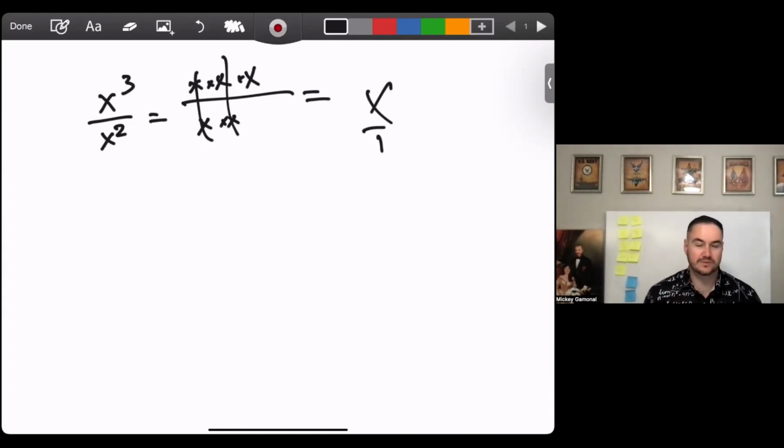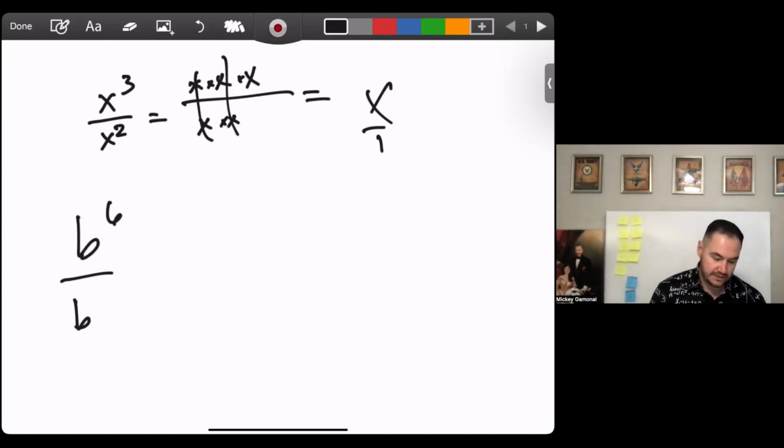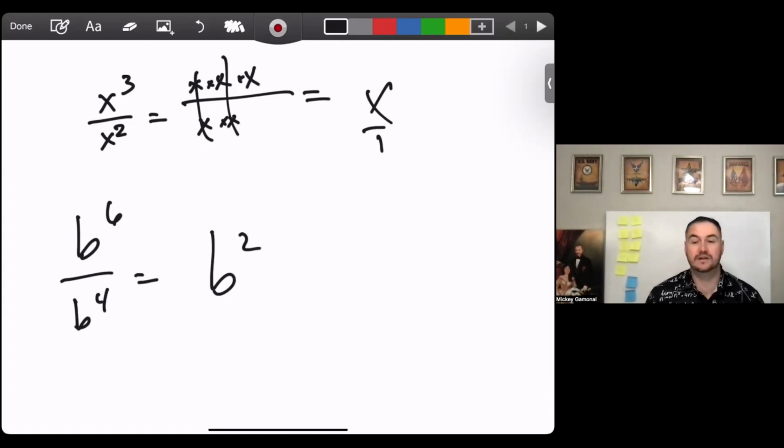So that's what you guys want to start thinking of. Don't be too intimidated by exponents. It's just going to be factoring. So anytime you have b to the 6th over b to the 4th, that's going to be b to the 2nd. And how did I do that so quickly? I just subtract this one from that one. So x to the 3rd over x to the 2nd, that's x to the 1st,